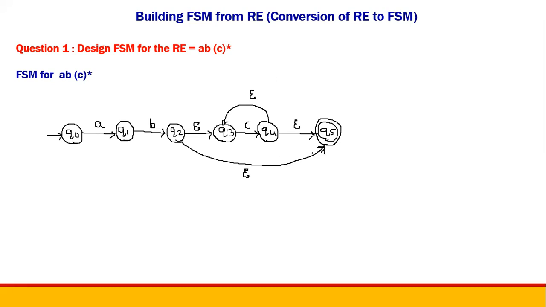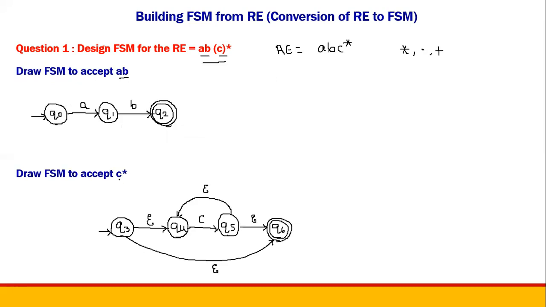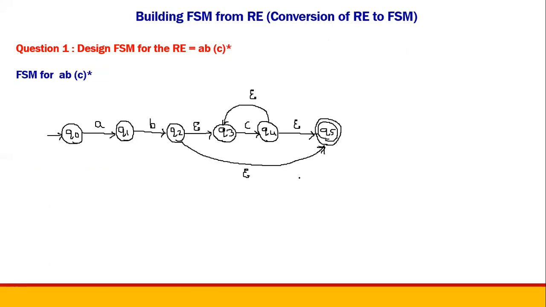Okay, so in the exam, what you can do is split this into AB and C star like this. Draw them separately, and finally you can attach them like this. Since it is AB followed by C star, I am combining it. Suppose it is AB plus C star, then the AB part will come here like this, and the other one will go like this. You know what is A plus B here, so that part you should be a little confident. Okay, so this is the solution for the FSM of AB C star.